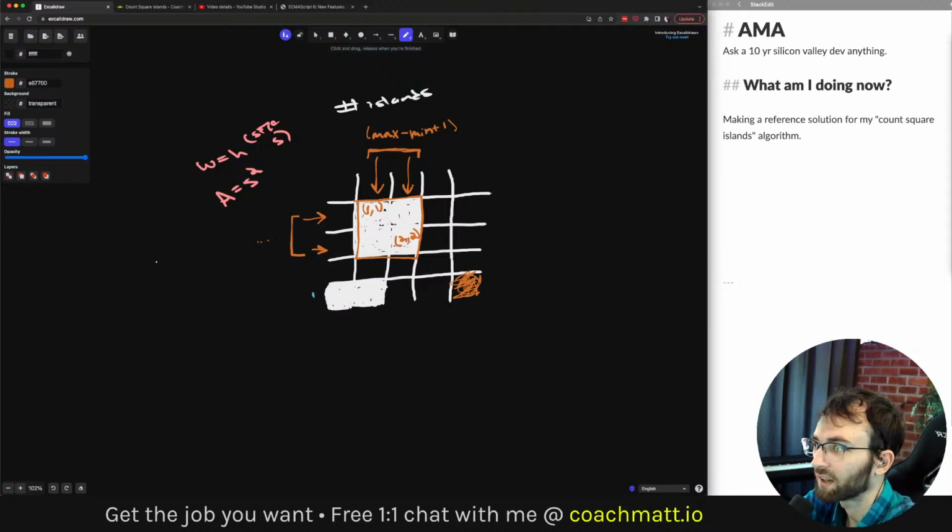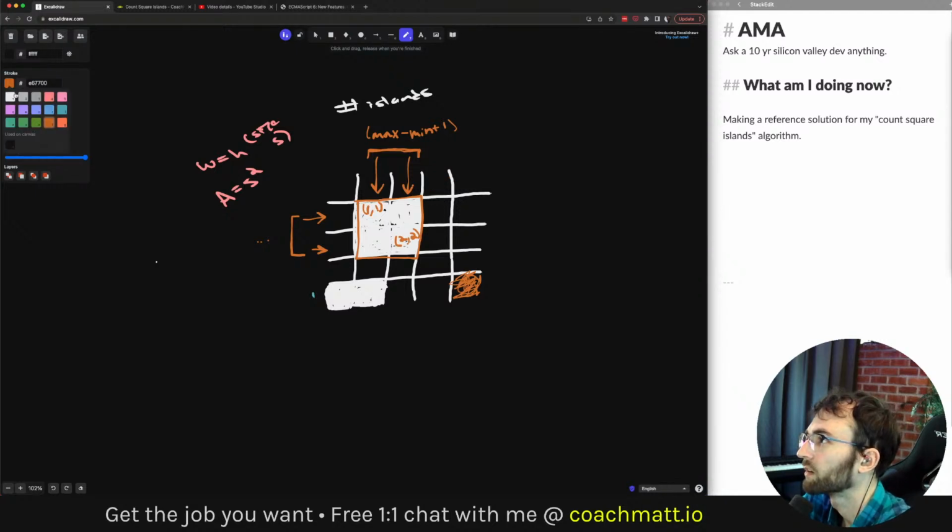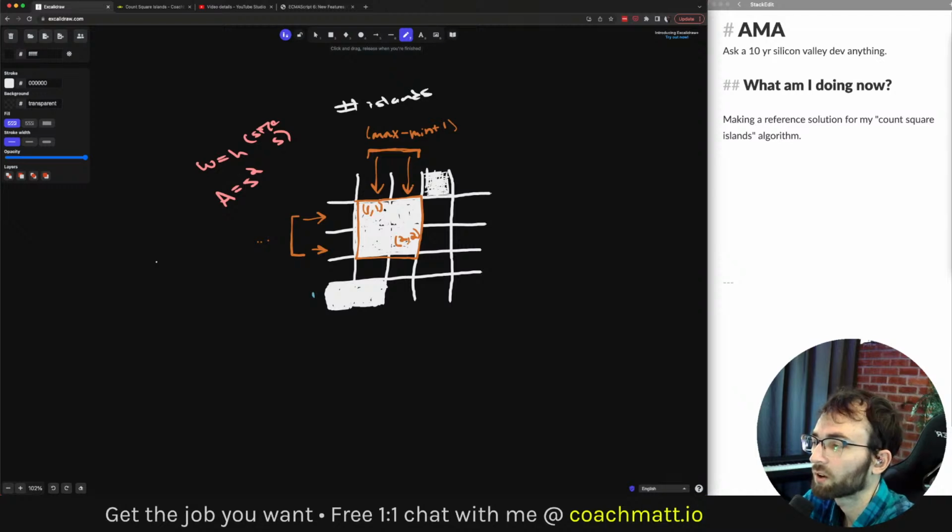And then thinking about square islands, what if there's another cell that's, let me do it on white. What if there's another cell that's on the corner, right? These are all fantastic clarifying questions. And for someone to ask all of those up front, while you don't need to get all of the clarifying questions up front, you really want to get as many as you can. And you can think of a few while you're working on the problem, actually, as I did today. That's okay. But those clarifying questions, being really thoughtful about all of the corner cases like that, really is a big part of the final score in an interview.